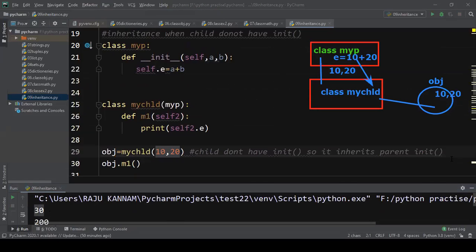Hope everyone understood the parent and child concept. If you have any doubts, please let me know. And remember here, this child class is already inheriting the functionality of my parent.